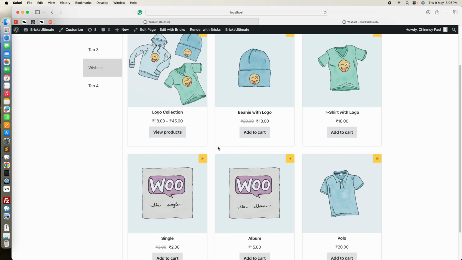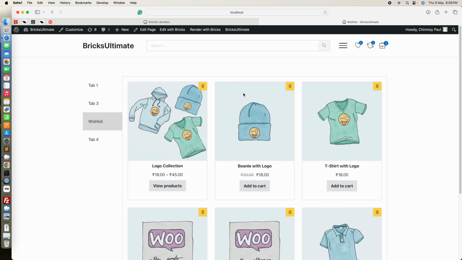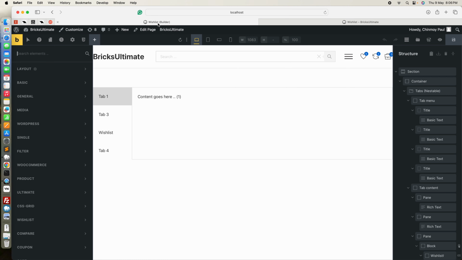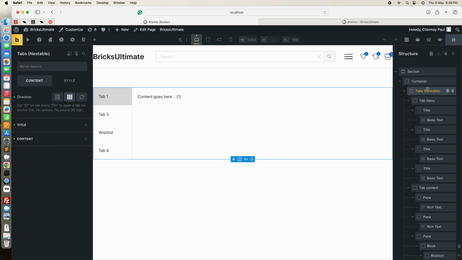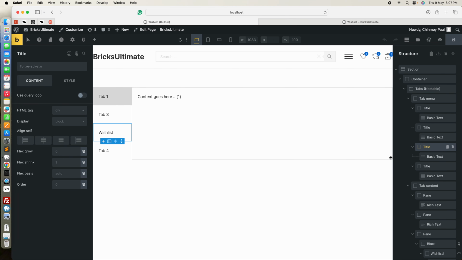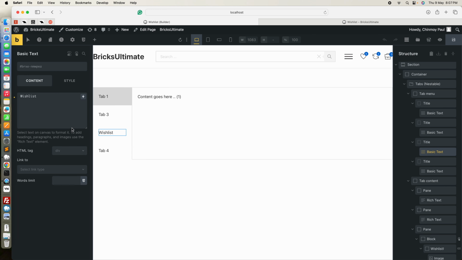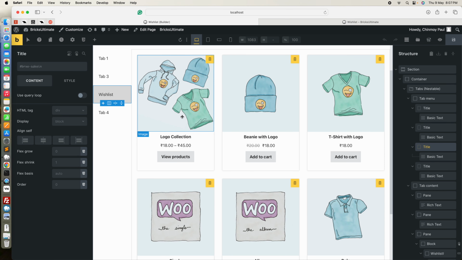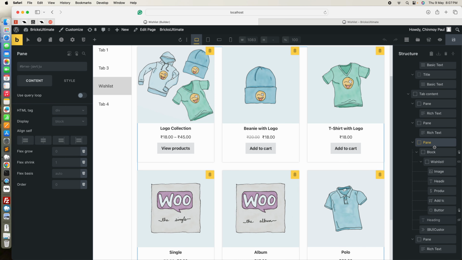So I'll show you how we can do this in Bricks Ultimate. First go to the Bricks Builder editor, and here I added the nestable tabs element of Bricks, and in the third item I wrote the wishlist tab item. I run a wishlist loop builder. Here is the tab pane. Under the tab pane I